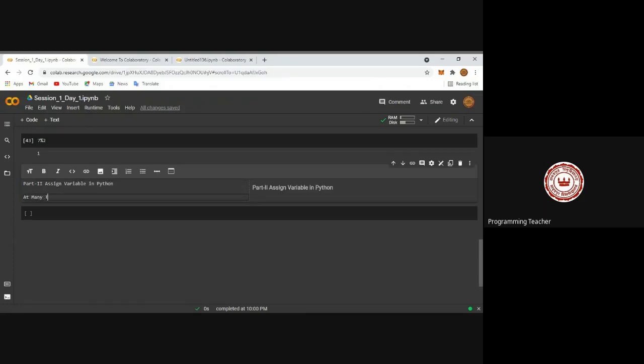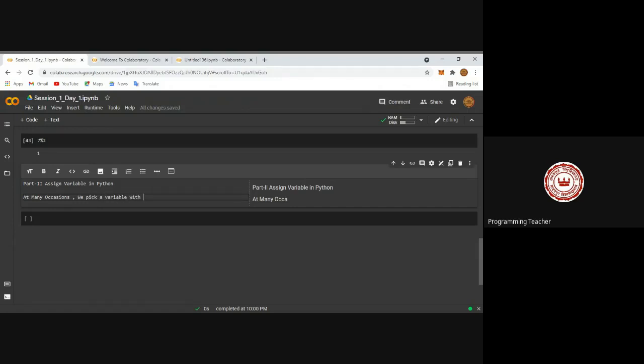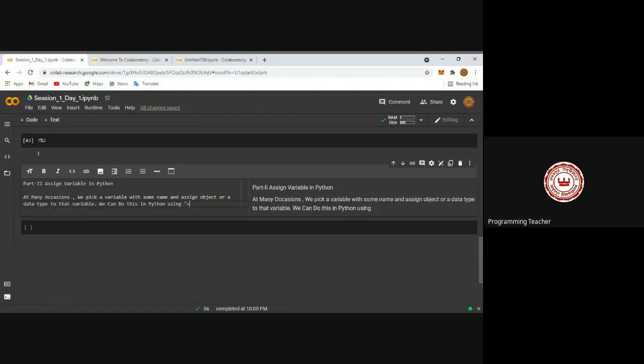On many occasions, we pick a variable with some name and assign an object or a data type to that variable. We can do this in Python using the equal sign operator. Okay, so if you try to use any variable assignment in Python, you have to use this equal sign operator.